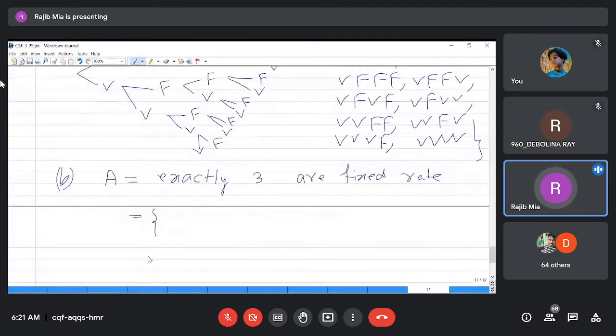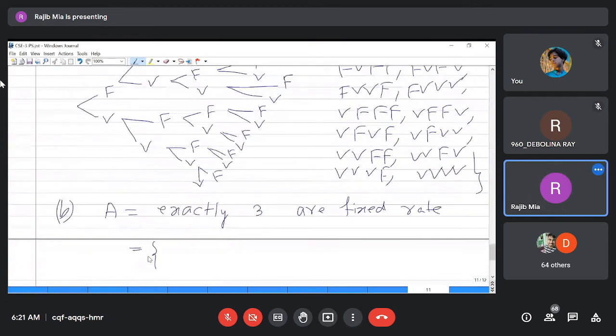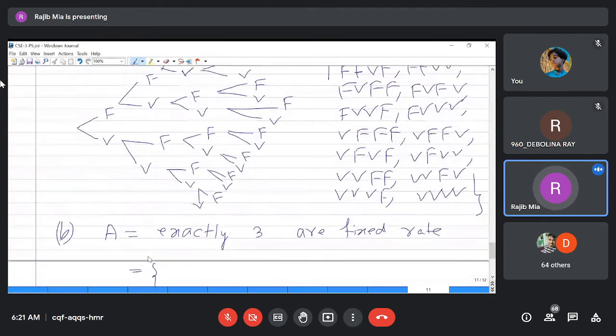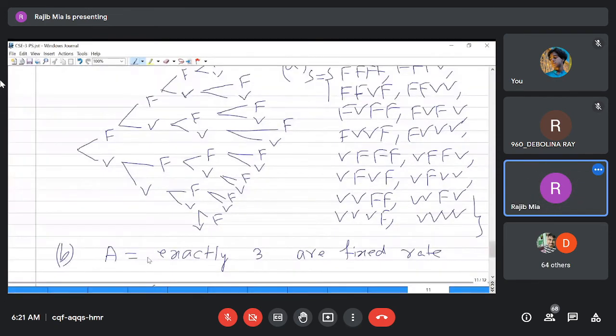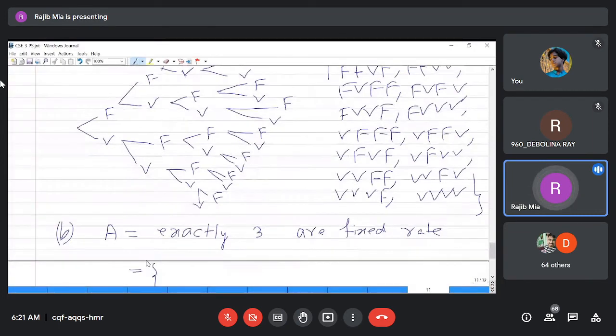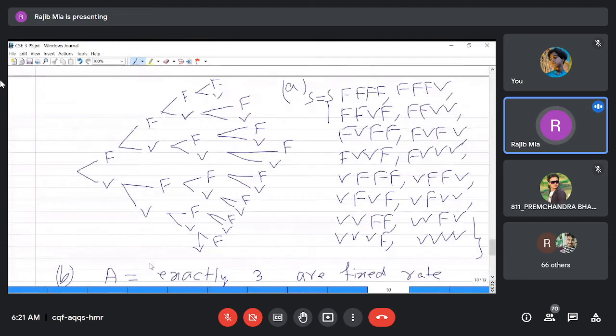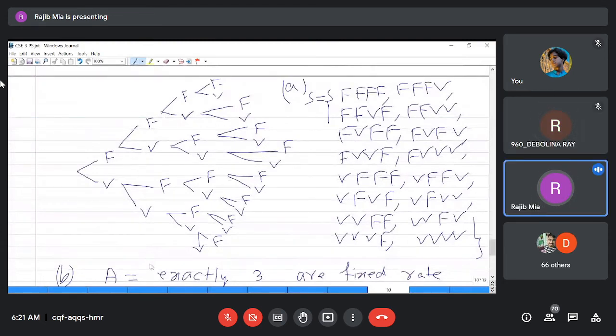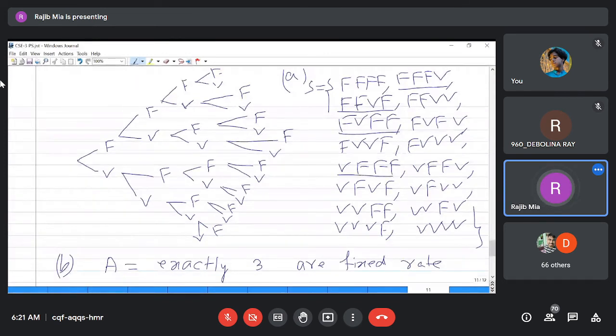Exactly 3 are fixed rate, meaning 3 F's are present. So this is one possibility with exactly 3F, and this is another possibility with exactly 3F, and another, and another. So the outcomes are